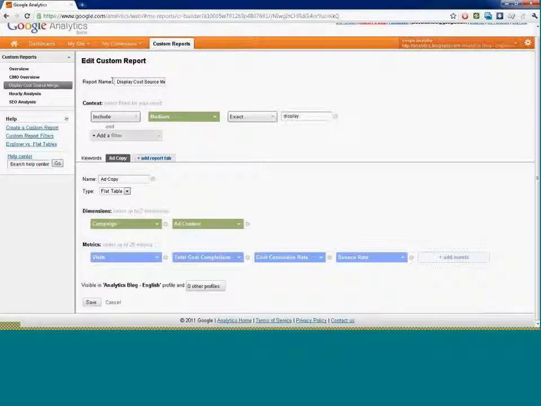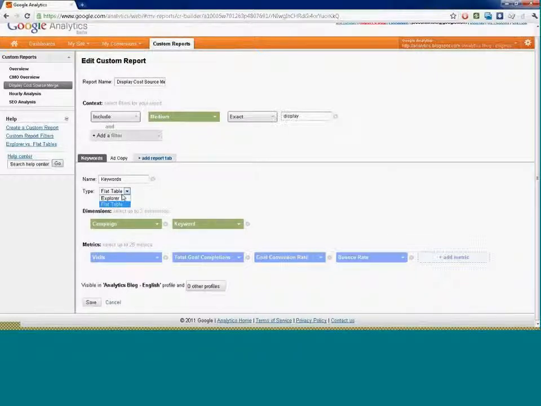So here you can see for flat tables, one example that I like to use, and it's very common, is to merge cost sources. Since you can't import cost sources from other marketing campaigns into GA, you should look for opportunities to export your data out of GA and map it to cost sources individually. So, for example, if we've been running display campaigns through something like DFA or AdWords even, but DFA or other content networks, then we can say, just show me the visitors who've come through display, and we're going to go